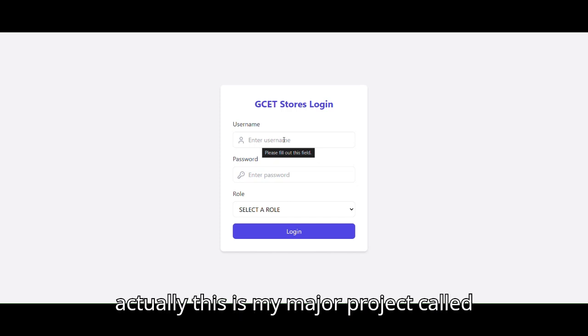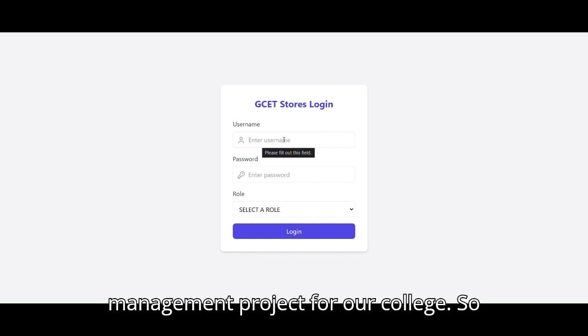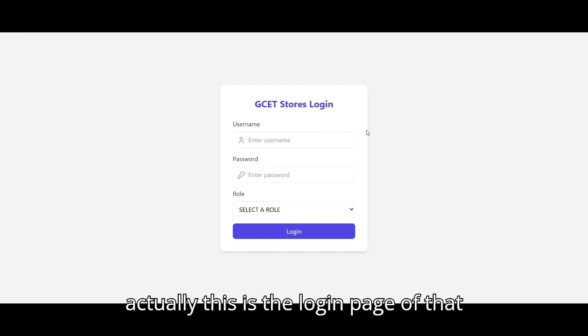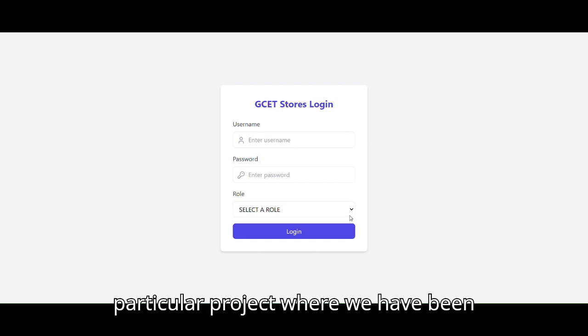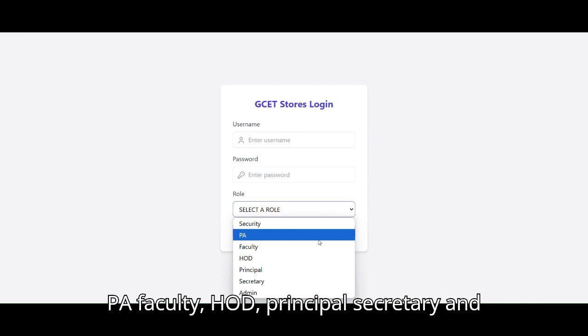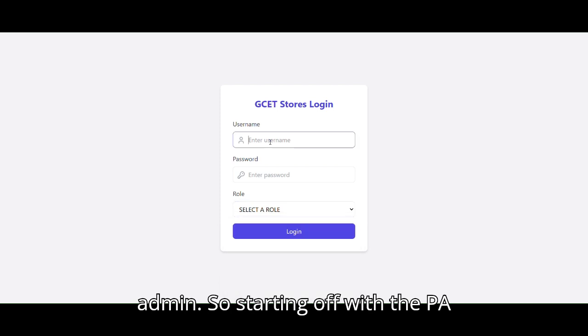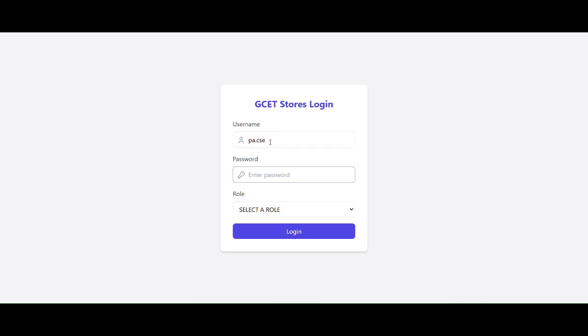So this is my major project called GCET Stores, which is an inventory management project for our college. This is the login page of the project, where we have different roles such as security, PA, faculty, HOD, principal, secretary and admin. Starting off with the PA role,